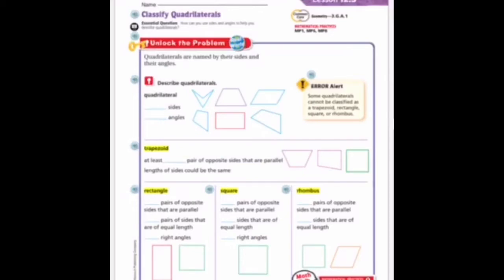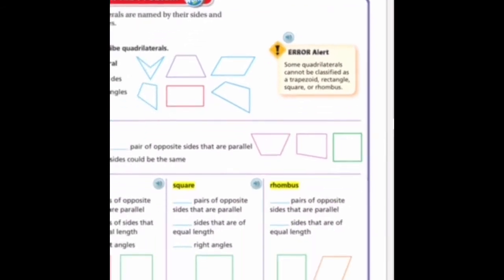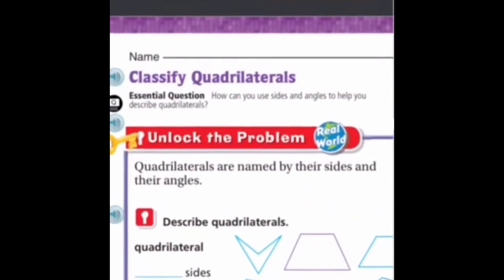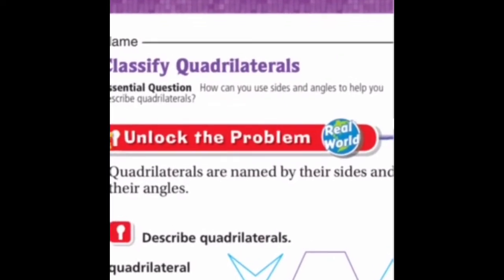Hello, boys and girls. Today we are in lesson 12.5 on page 723, and we are going to classify quadrilaterals. Our essential question: how can you use sides and angles to help you describe quadrilaterals? So we're going to take what we've learned already in this chapter about describing sides and describing angles and talk